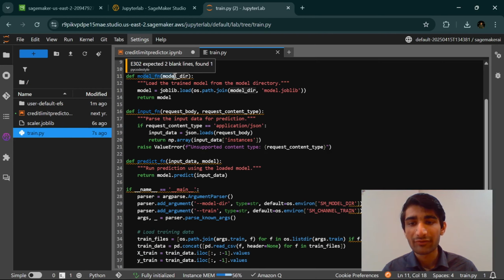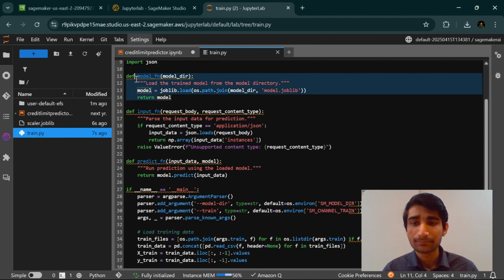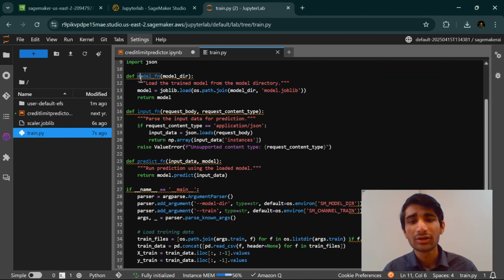Then I have this model_fn, which is basically going to load the training model. So what happens, guys, in our SageMaker, we have to load the model. Once your model is done, we have to load that model and store that model. In order to do that, we are going to attach this path over here, which is my joblib.load